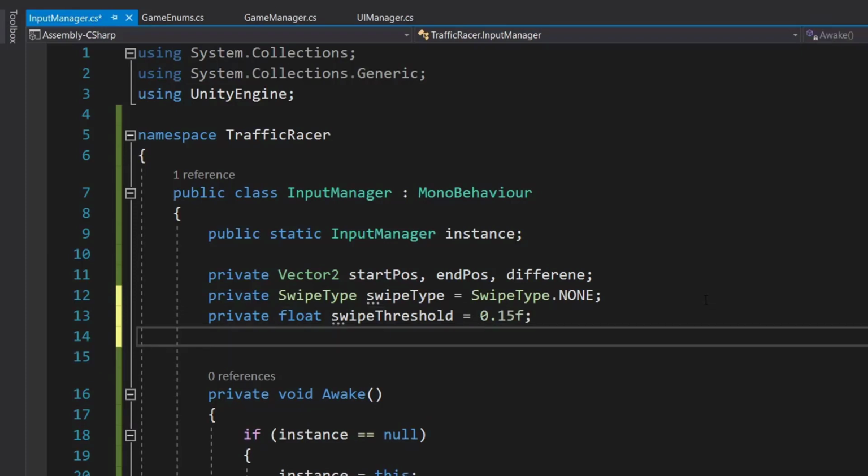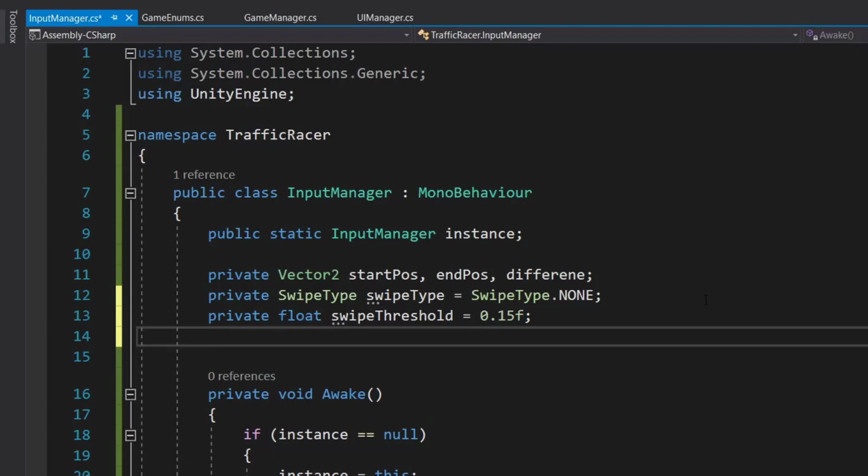So swipe threshold is nothing but the percentage of the entire width of a screen. So let's say our screen is 100 pixels wide. We have to make sure that the distance between our start position and end position is a minimum of 15% of our width, that will be like 15 pixels.